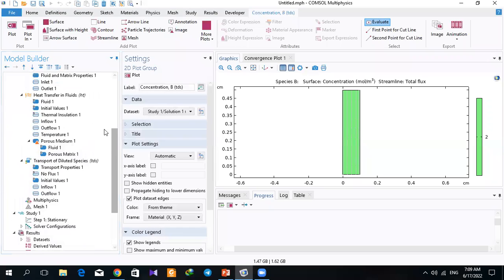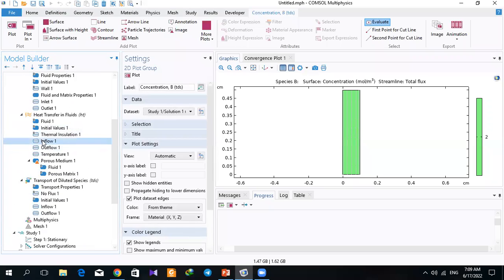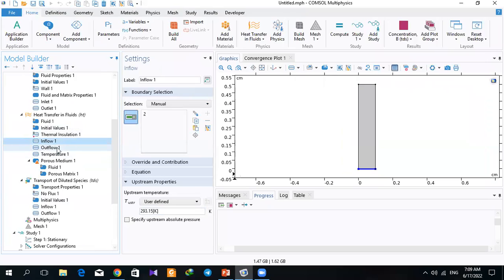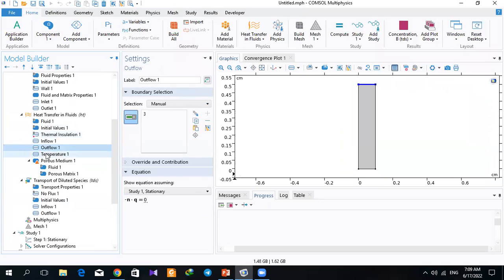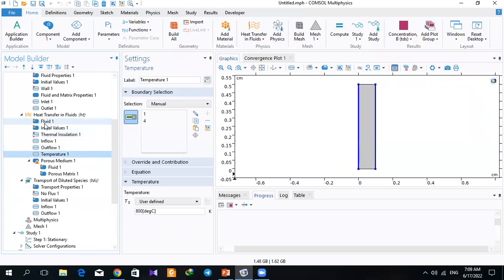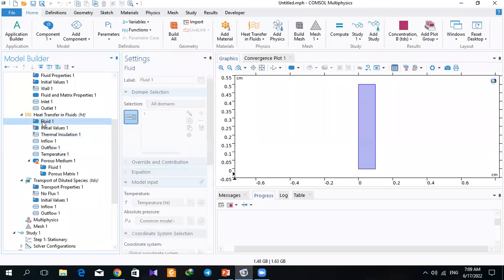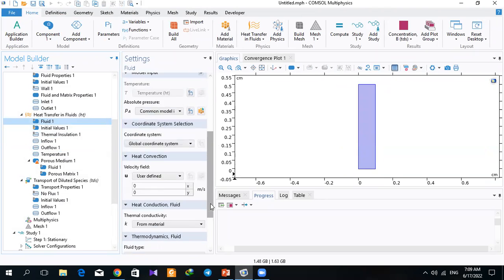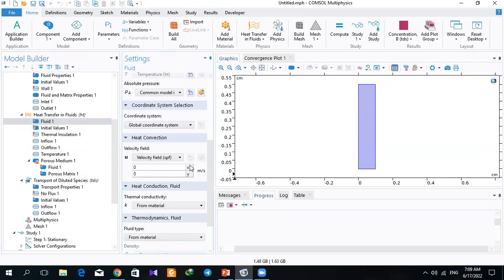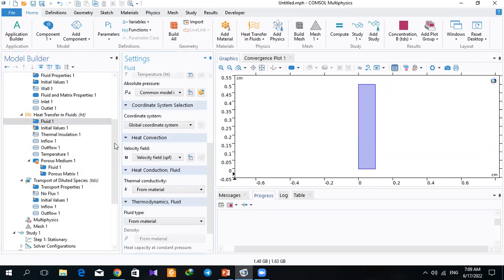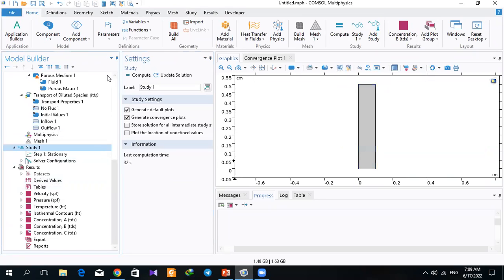For the temperature, we have the inflow here, the temperature is this, and we didn't couple it with the flow. That's the reason we didn't have convection in the temperature profile. If we compute it again,